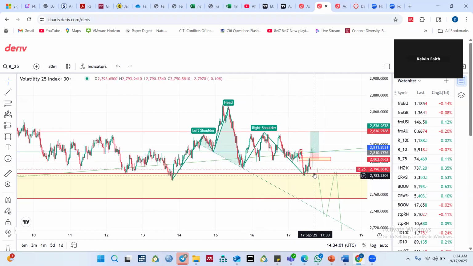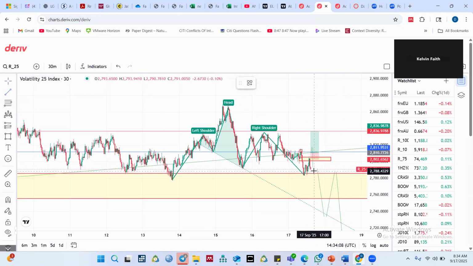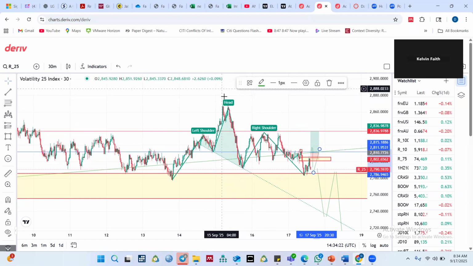So the moment price pushes up from somewhere here into the trend line and above the blue line, then it means this head and shoulder pattern that was to help price continue the bearish movement